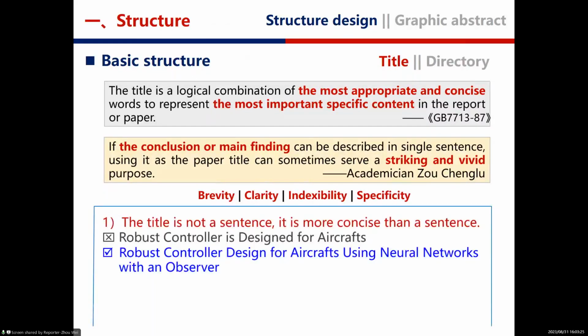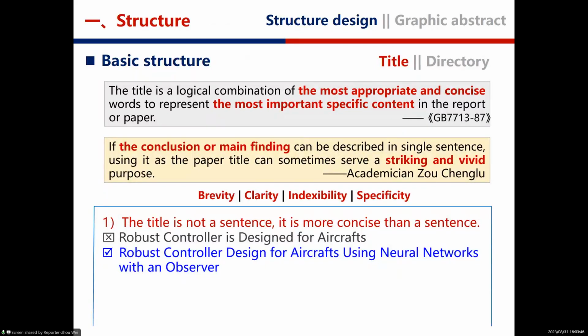First of all, the title is not a sentence. It is more concise than a sentence. You cannot directly use a complete sentence by saying a robust controller is designed for aircrafts. You can use a phrase structure instead by attributes. Also, do not use